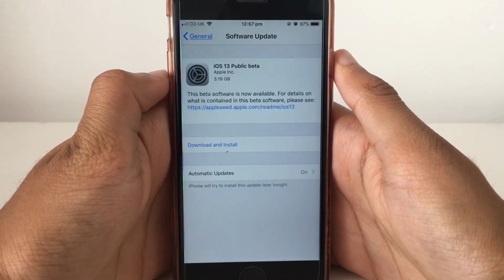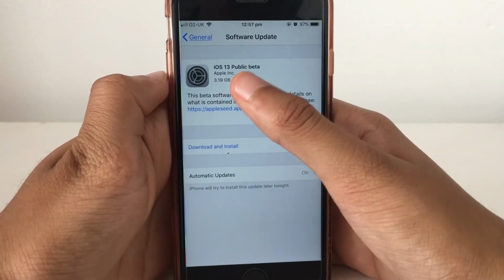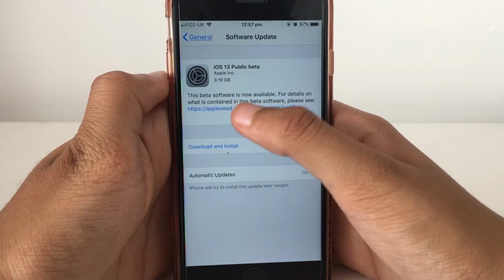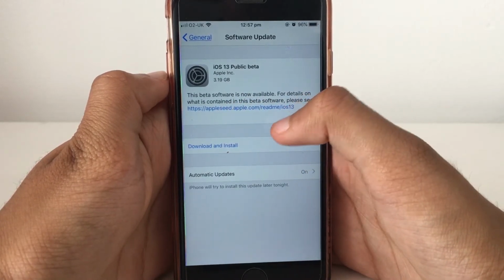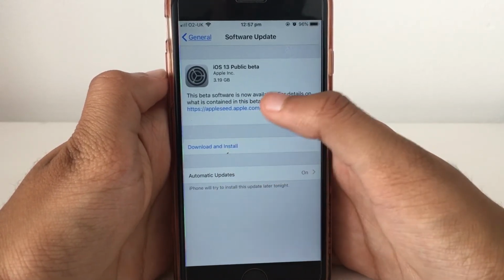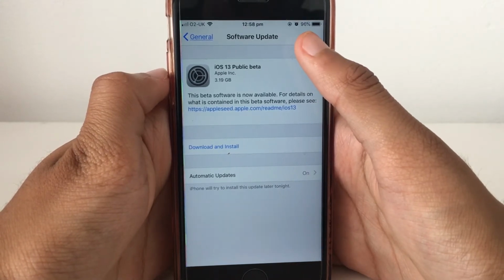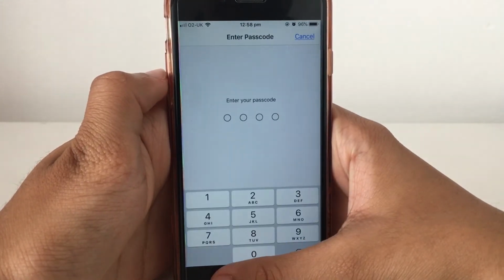As you guys can see, this will give you the iOS 13 public beta. This is just the software for the beta to install. Once you're happy with it and you have enough battery, you can click download and install, and put your password in,